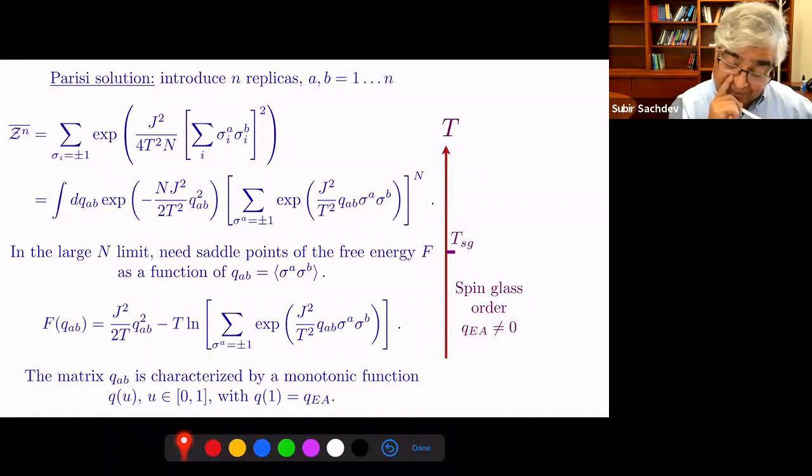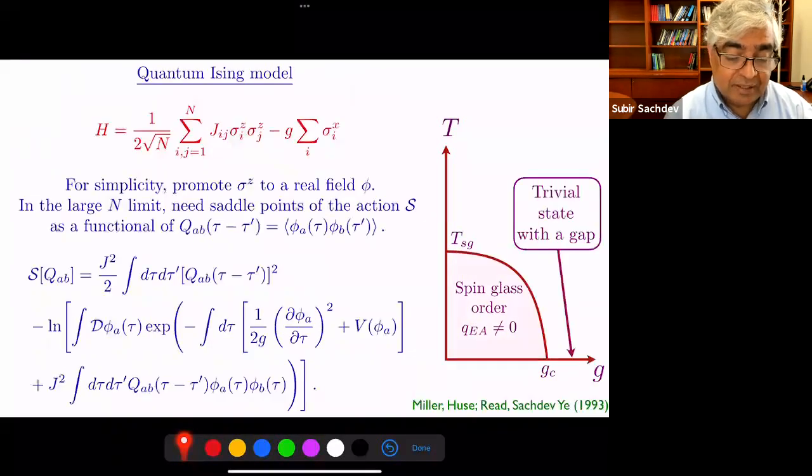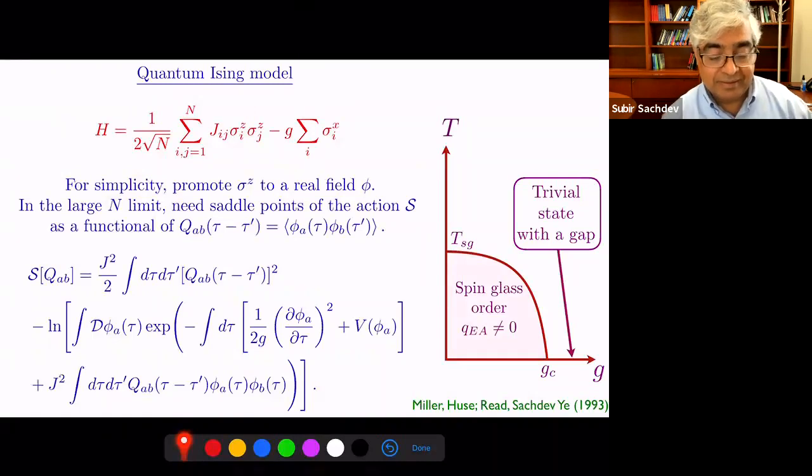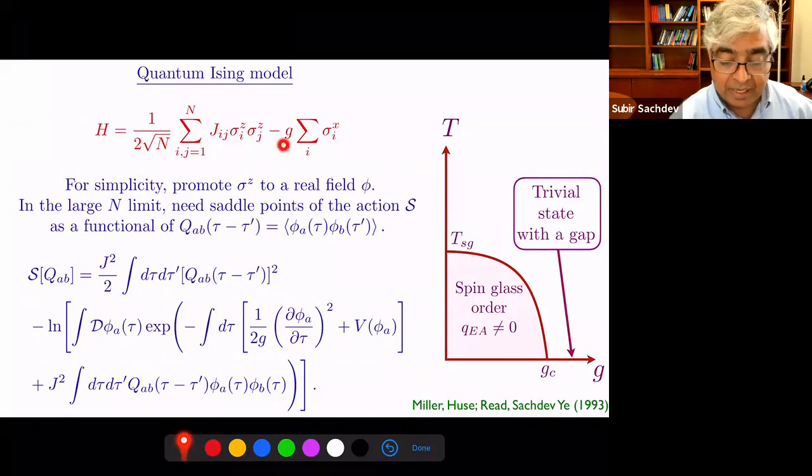Anyway, but fortunately, for the problems I'm considering, we won't have to deal with this complexity. You can borrow this Parisi solution where we need it and it won't change in structure very much. Anyway, okay, so now let's imagine we make this quantum. One easy way to make it quantum, which is what was done in the 90s, was to add this term sigma x. So this is a transverse field, and it causes tunneling between the two states. So now this is a quantum model, and it's got another axis, which is g, which is the strength of the transverse field. The classical model was g equals 0.